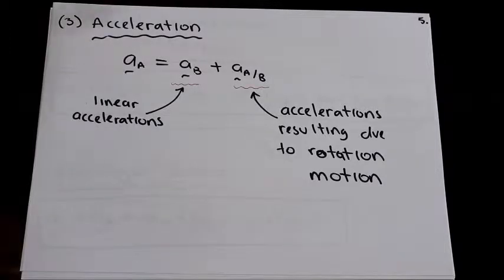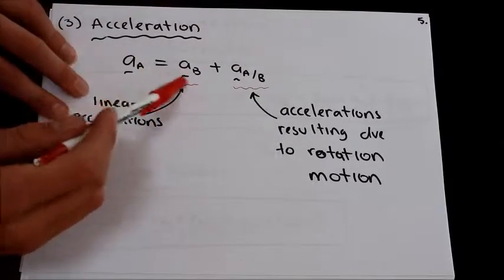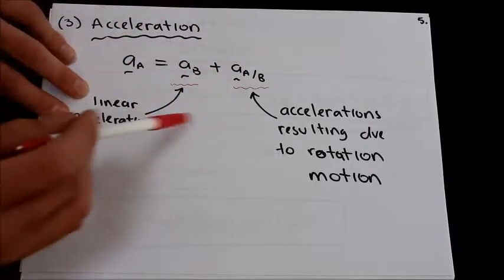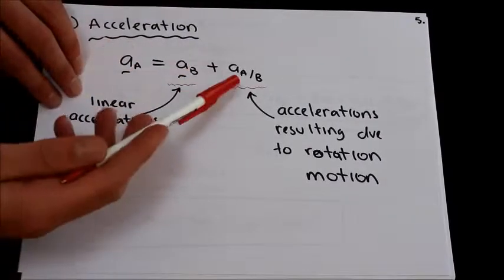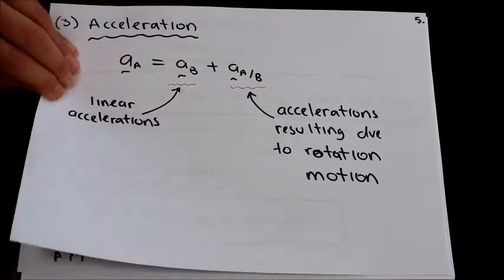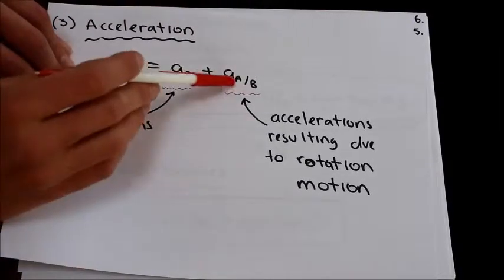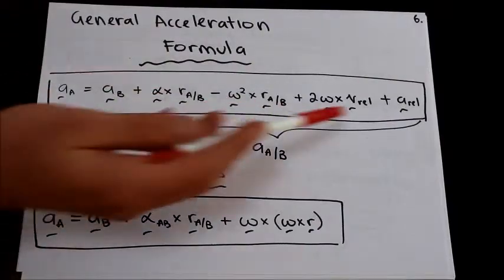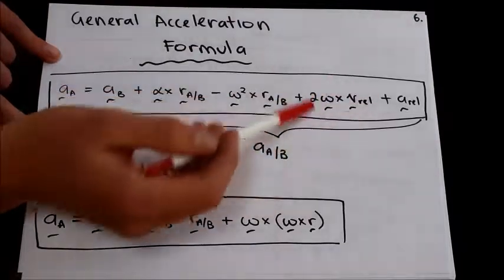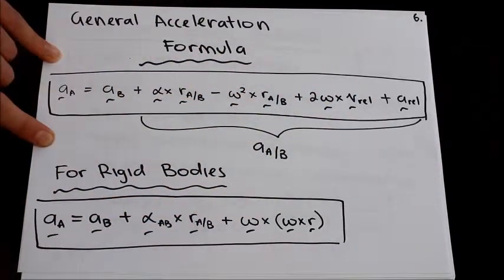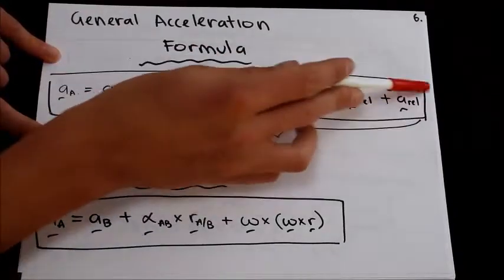Acceleration can be expressed in a similar way using this formula, and then you've got your linear acceleration plus the accelerations resulting due to the rotational motion of the body, which will be your centripetal acceleration, and you've got your angular acceleration. An a-rel term will also be introduced along with 2 omega v-rel. This is your Coriolis acceleration, which will be touched on further in the course. And this is your final equation